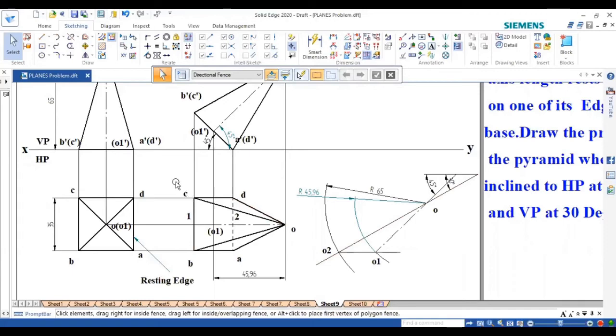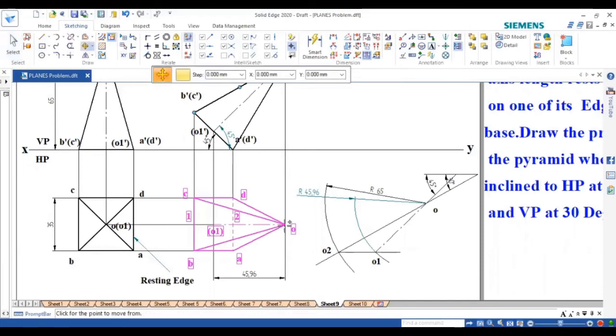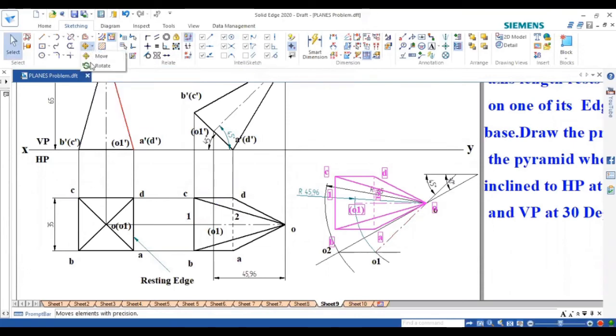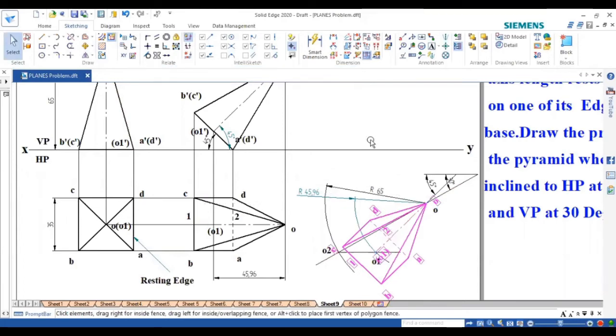Okay, so here what I will do, I will just transfer this sketch over there. I will use move with copy. This O I am fixing here itself. Left click, right click, then rotate without copy. Again fix the O point and this center axis line. You can rotate and keep it on that beta line. Okay, so this is how we have done this.